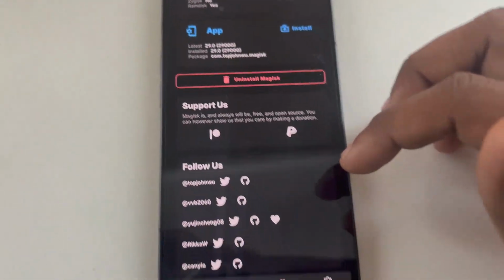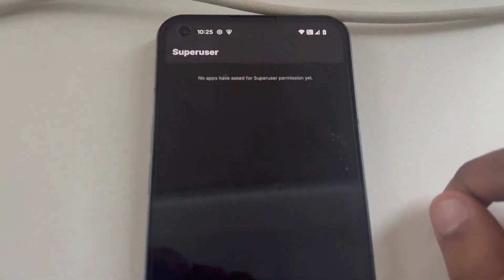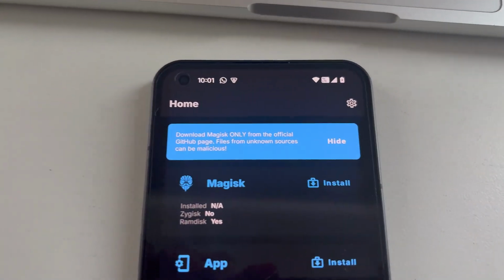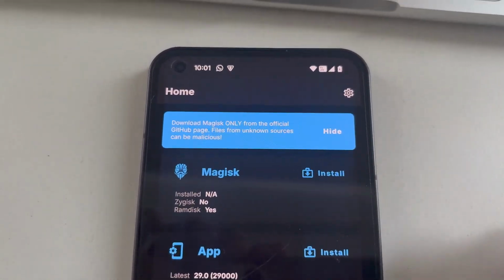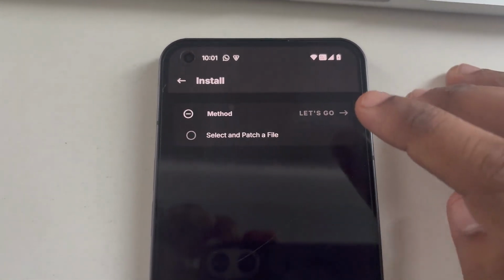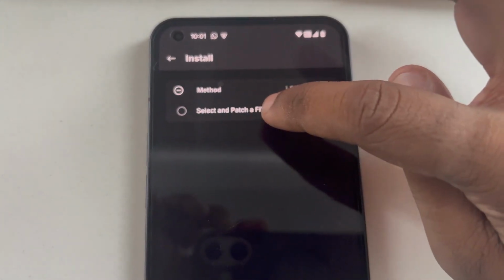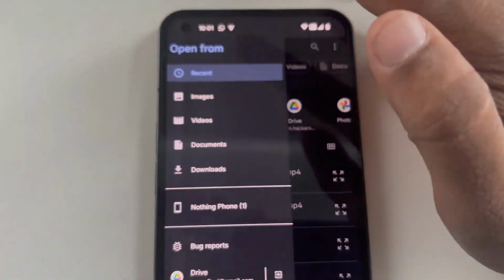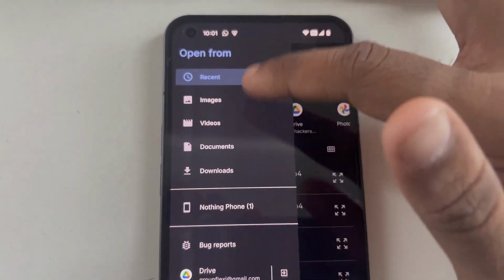There will be an update option, and if you scroll down you can go to superuser. This is where the permissions will be. Right now the device is not rooted. I'll click on install, and the method that I'm using is patch file. Select it, and once you select it, you will be navigated and you have to select the boot image that